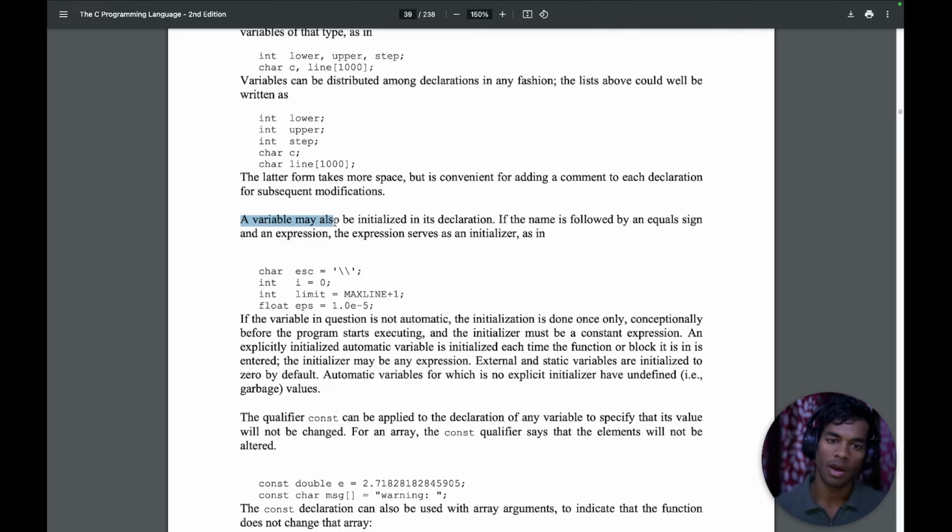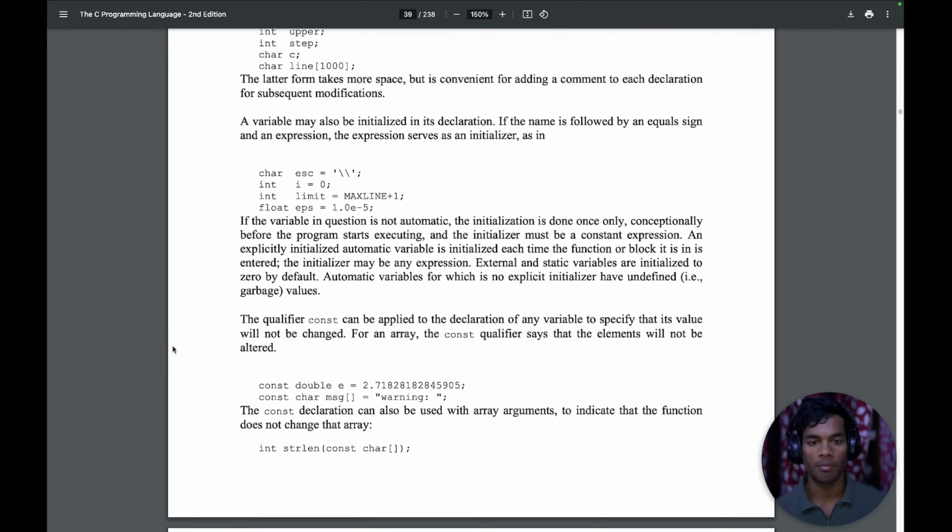A variable may also be initialized in its declaration if the name is followed by an equal sign and an expression. The expression serves as an initializer, as in this: escape equals the escape character, i equals 0, limit equals MAXLINE plus 1, and float eps equals this. If the variable in question is automatic,